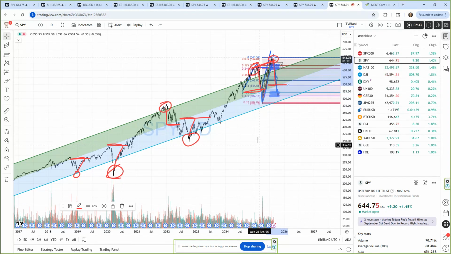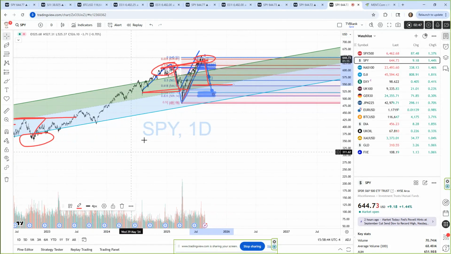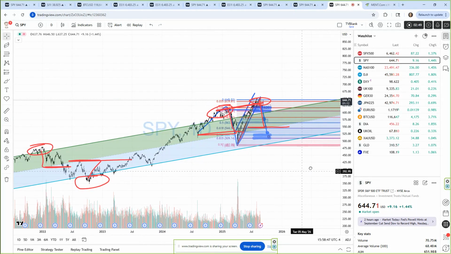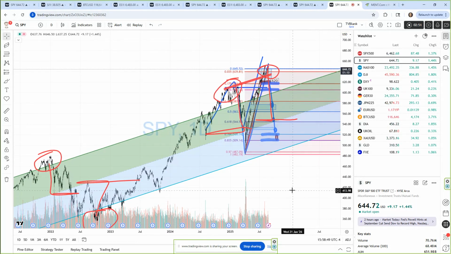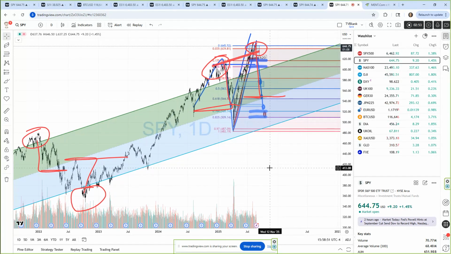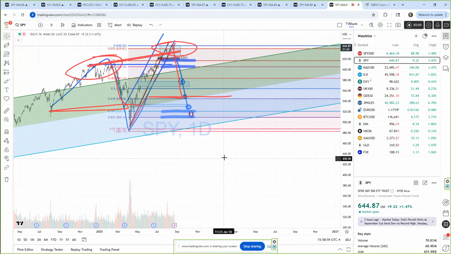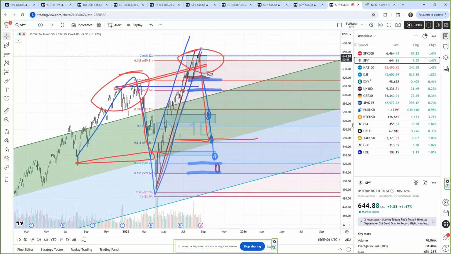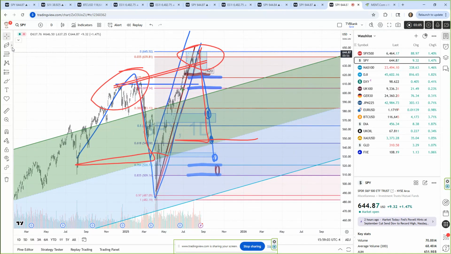So understand that we're outside the range. What I'm just going to talk to you about here is that the basic theory is we're outside of a normal price range. We've entered into a super speculative bubble. You know that this is a double topping formation. And you also know, if you follow my research, that we're using these zones as what is called the defense level, the Fibonacci defense level.